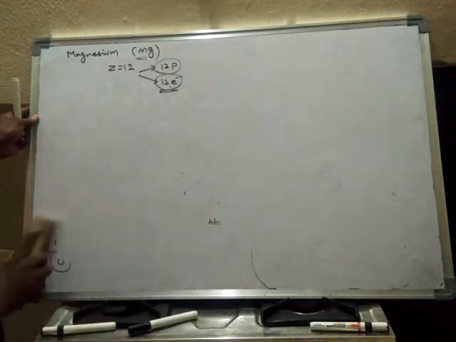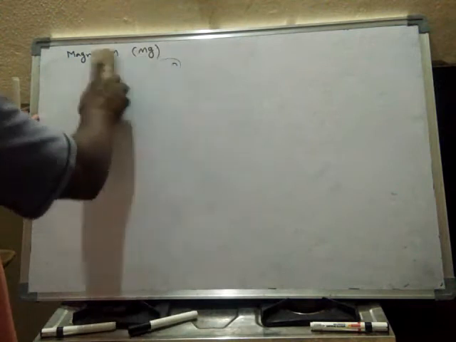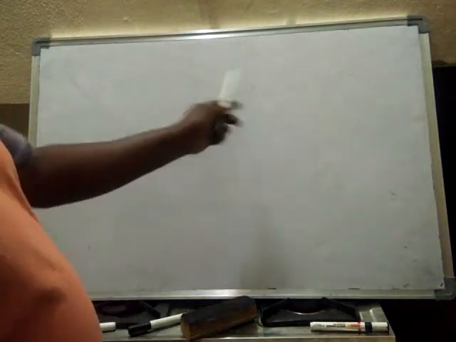Now let us learn one more atom which gains electrons and becomes stable. See, we have already seen that except certain atoms like helium, neon, argon, krypton, xenon, radon and oganesson, all other atoms are unstable atoms. Those unstable atoms will try to become stable either by losing electrons or by gaining electrons. For example, take fluorine.